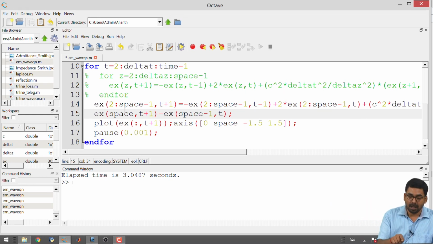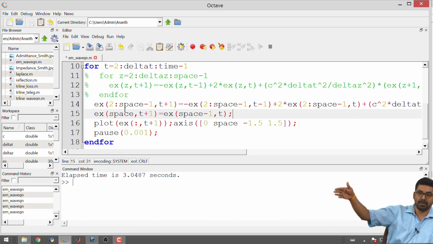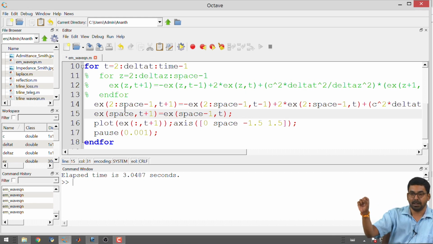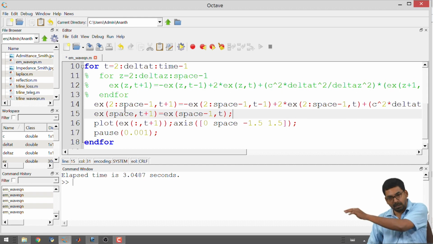Now, in your boundary what you are doing is you are not using the wave equation to update for the value of electric field on the right side. Now, suppose a wave is traveling, that is the peak of the wave is moving. You know that at the next instant of time the peak is going to appear at the next spatial location. If that happens, the wave is traveling in one direction.